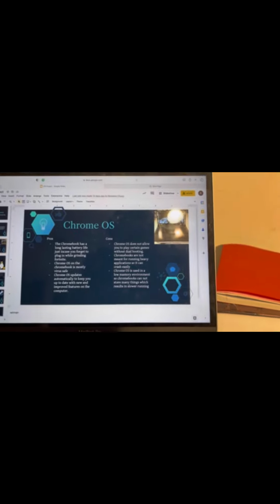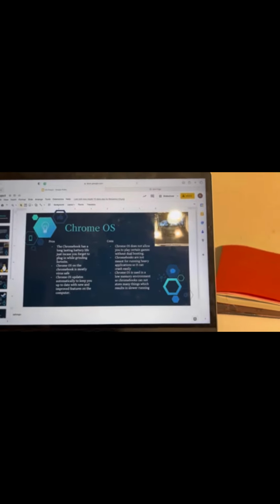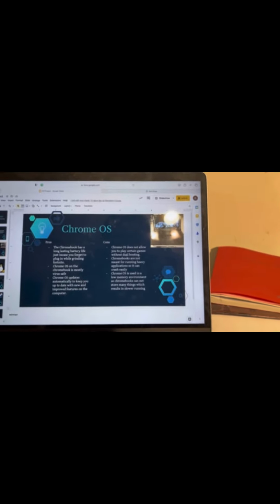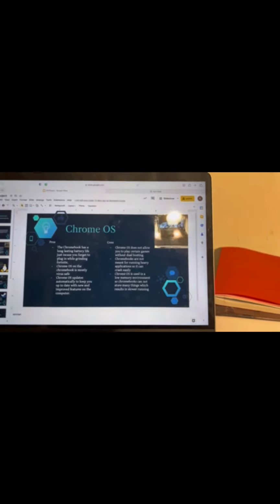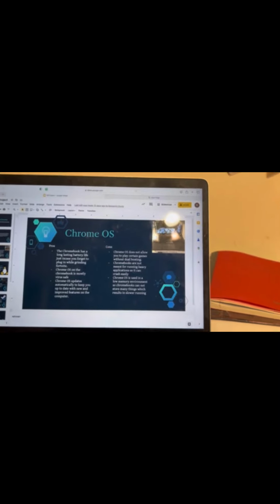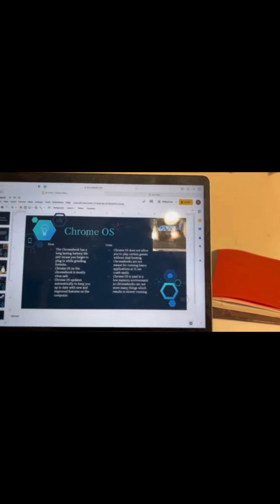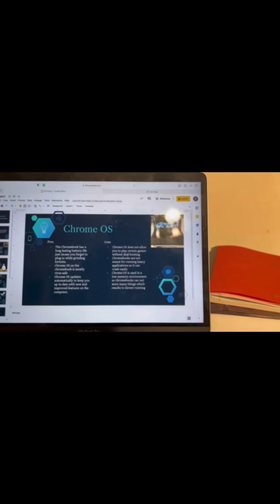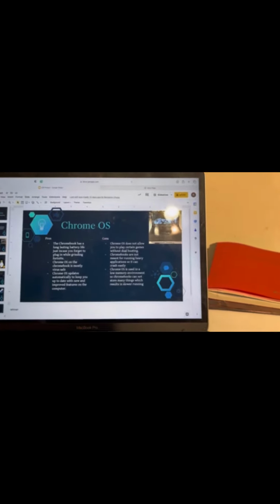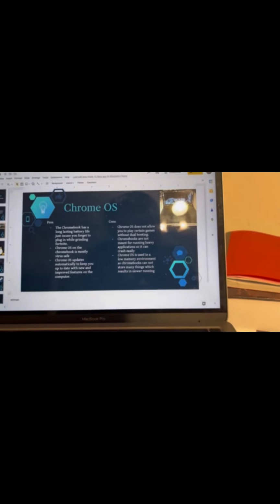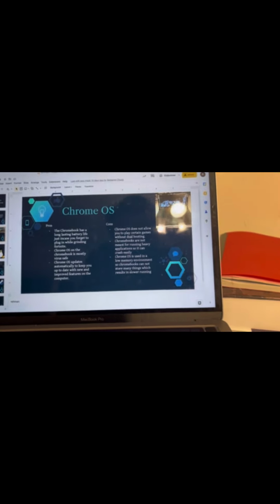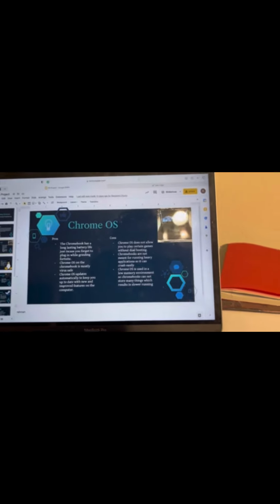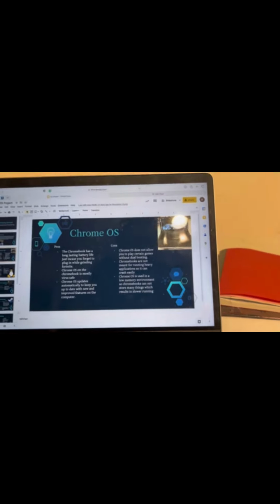Chromebooks are not meant for running heavy applications, so it can crash really easily. I've done this before, actually. Like I said before, Chromebooks are not meant for gaming, and trying to play these really big, high and advanced games that require a lot of storage is going to make it crash super easily. Chrome OS is used in a low memory environment, so Chromebooks cannot store many things, which results in slower running.